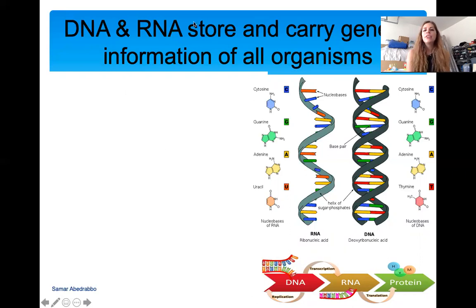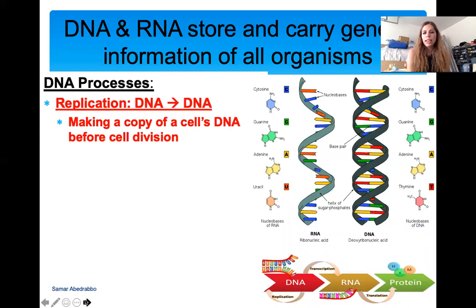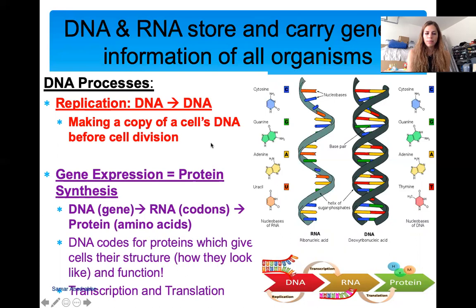So DNA and RNA are nucleic acid molecules, and they store genetic information of all organisms. The two DNA processes that we're going to talk about: replication. So one part of this lecture, which is today's lecture, we're going to focus on replication. Replication is the DNA molecule making a copy of itself. So DNA making DNA. And the reason why it is important to understand this process is when mutations happen or